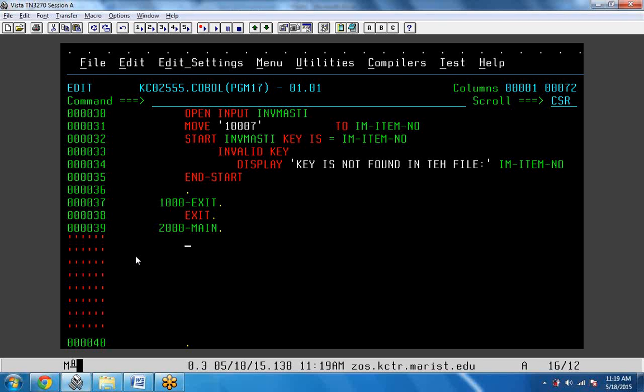So here, let's write this and we'll try to modify the program later to make it a more efficient program, for different conditions, to handle different conditions. For the time being, just read. Read file name is invmasti. Next record, then